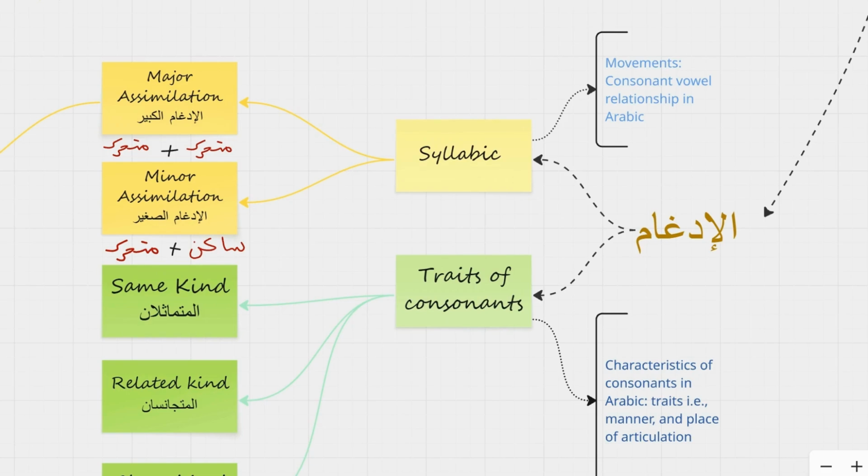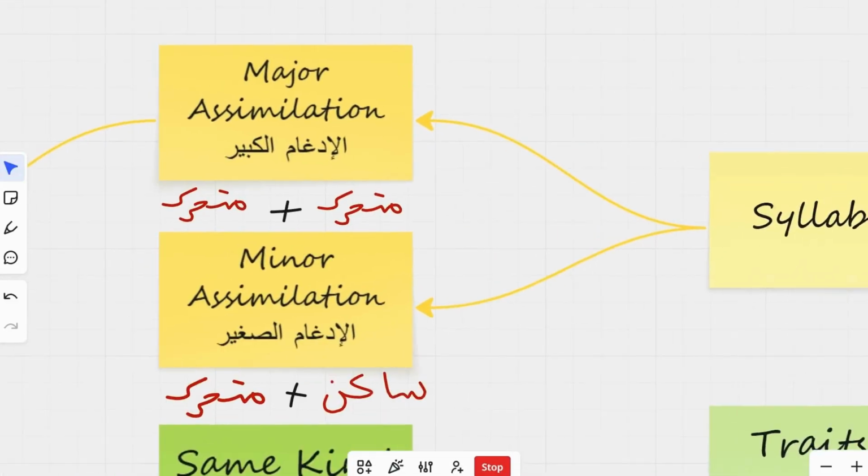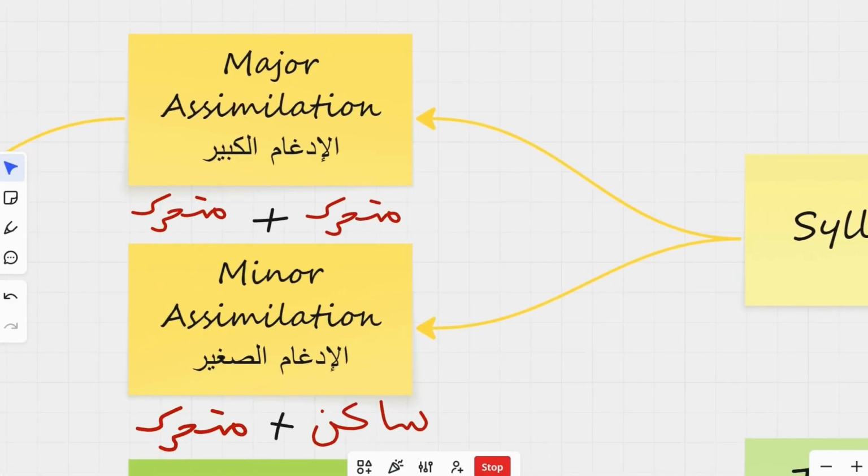And of course, in terms of syllabic, we have major assimilation, الإدغام الكبير, and minor assimilation, الإدغام الصغير. You can find these everywhere. They're not mine. So الإدغام الكبير, major assimilation, is basically when we're trying to fuse